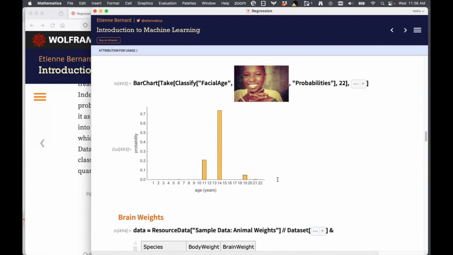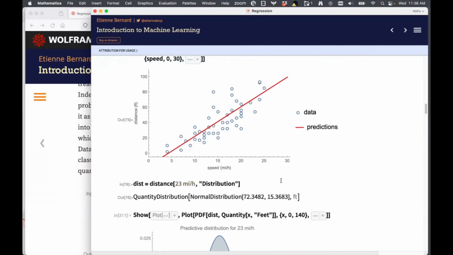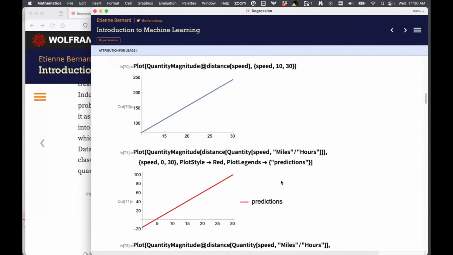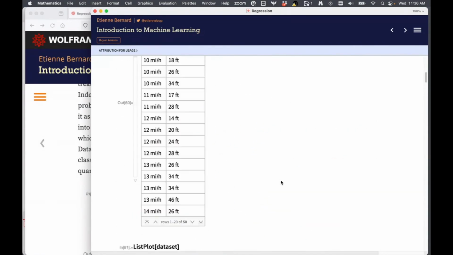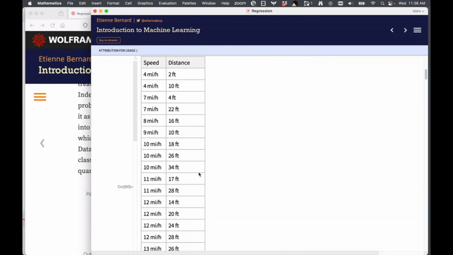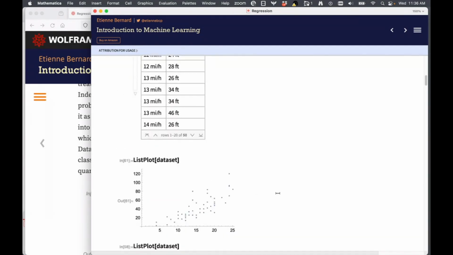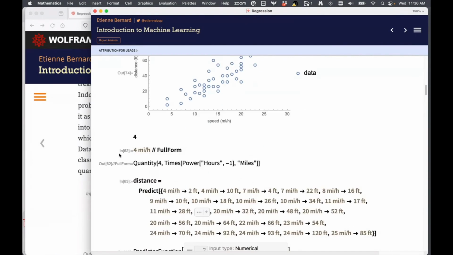In our car stopping distance example, you could discretize the stopping distances into something like low, medium, high, where 2 to 10 feet might be low, 10 to 20 feet might be medium, and 20 feet and more could be high. And then you could reframe this as a classification problem. I hope that makes sense.